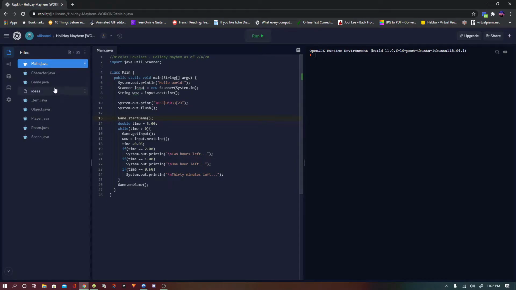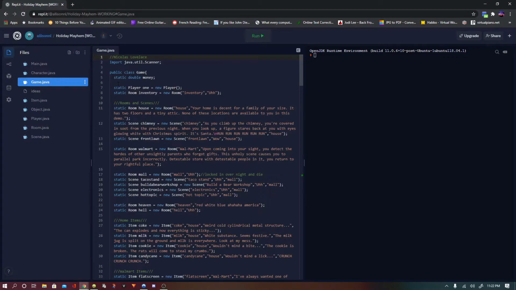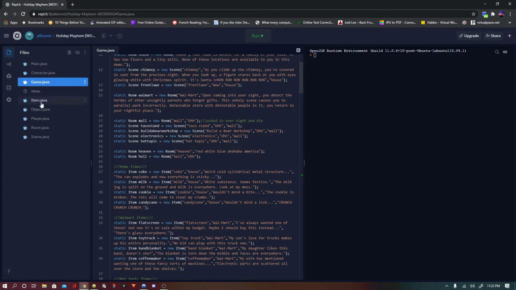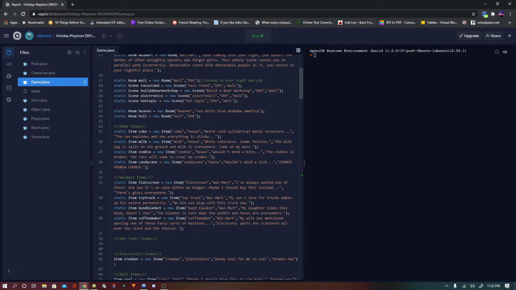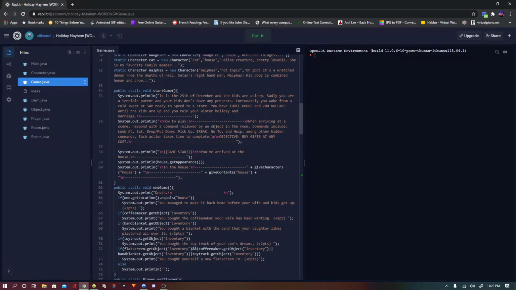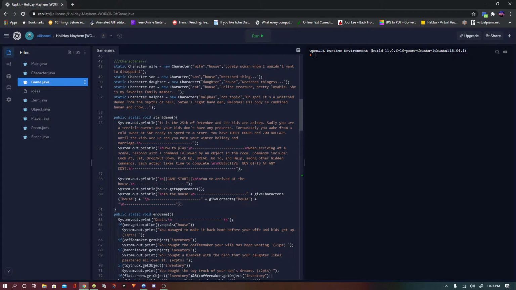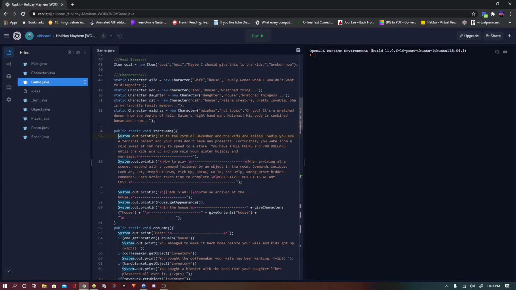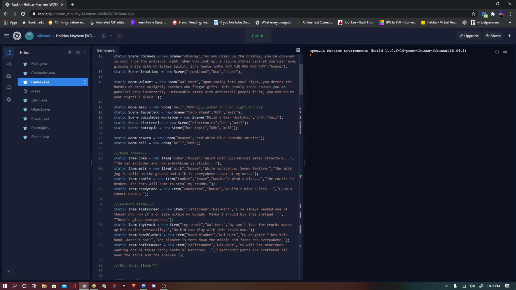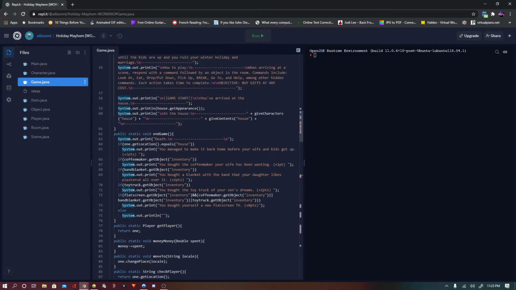So whenever we go here, and this is all the stuff that's in the game. This is just how I've always done things. In the game class, I have all these variables of things that I made, and all these items that are in the game. And I always have a start game and an end game because I think that sounds cool. Everything's static in here. The game is static. I guess technically you could have different versions of the game because of that.